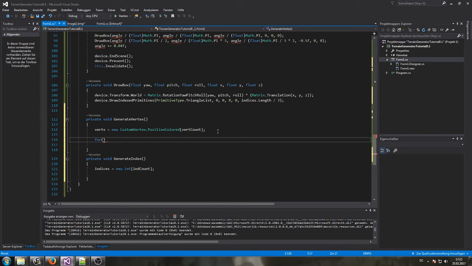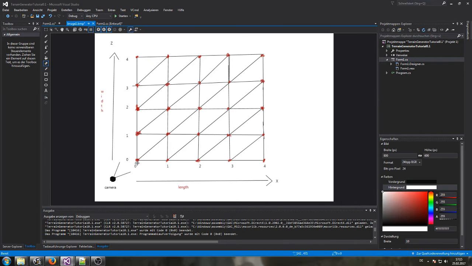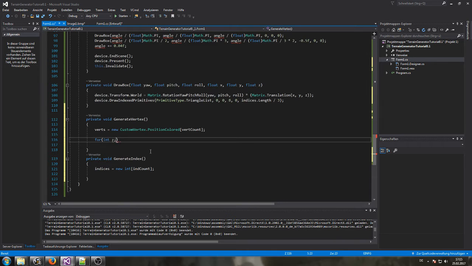The outer one, we don't call it i, but we actually call it z, because then it's a bit more logical. The outer one will always, we're going to create this line on the x in the inner for loop, and then we jump up into the next line, and so the outer for loop is always jumping from here to here to here to here on our z axis. So we simply call this z